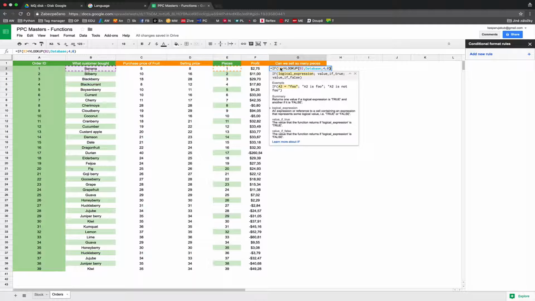This will return the number 7 in our stock system, and we can say, okay, if the pieces in the order are lower than what we have in stock, everything is okay. We can sell it. And if it isn't,